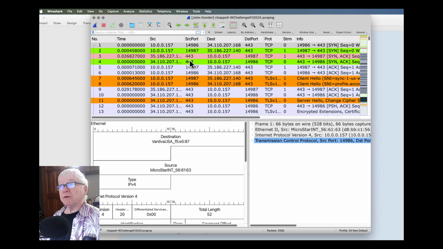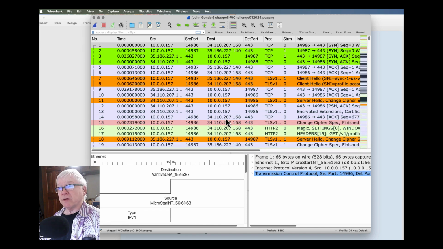So if what I want to do is look for SYN packets, or look for client hellos in TLS or server hellos, if I want to look for particular things, I can filter on them. Having figured out how to do that, I can create buttons, and even nested buttons of groups of buttons that are similar in their function.